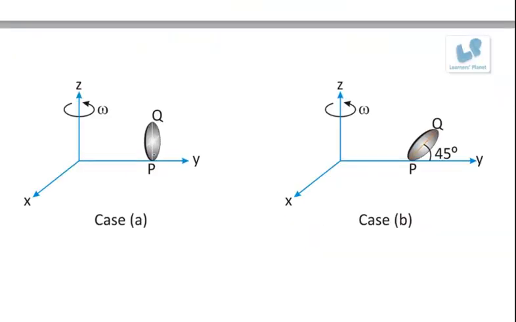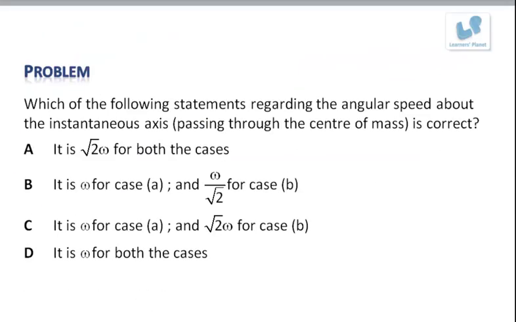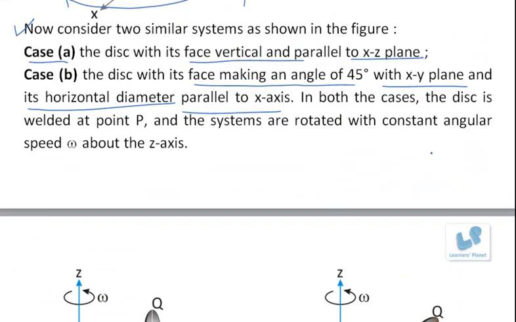In case A, the plane of the disk is kept parallel to the XZ plane, and then it is rotated about the z-axis. And in case B, the plane of the disk is making an angle of 45 degrees with the y-axis. At point P it is welded. Now, based on this condition,